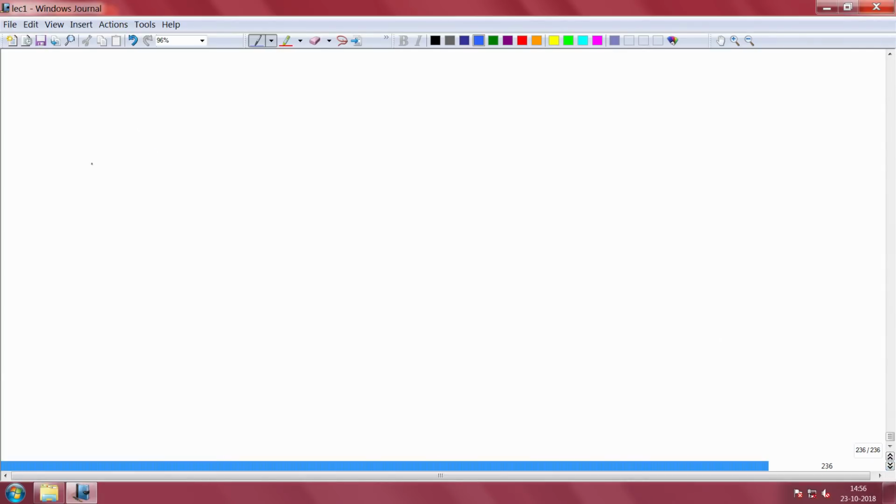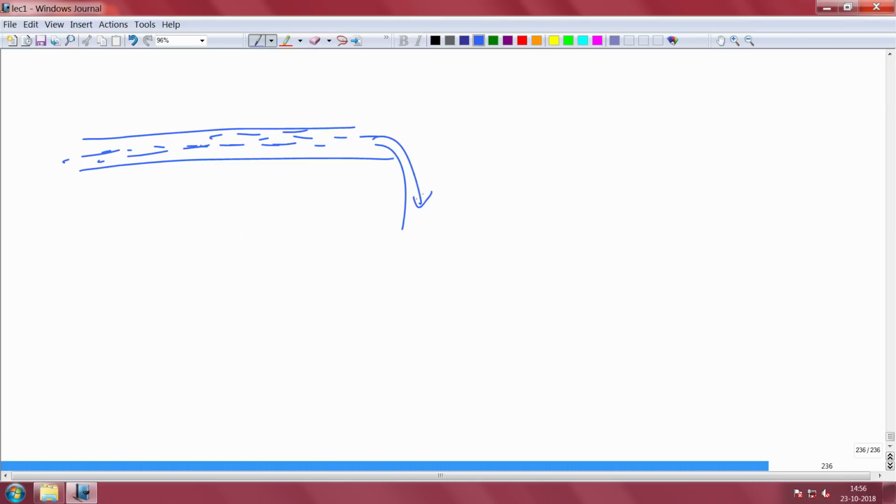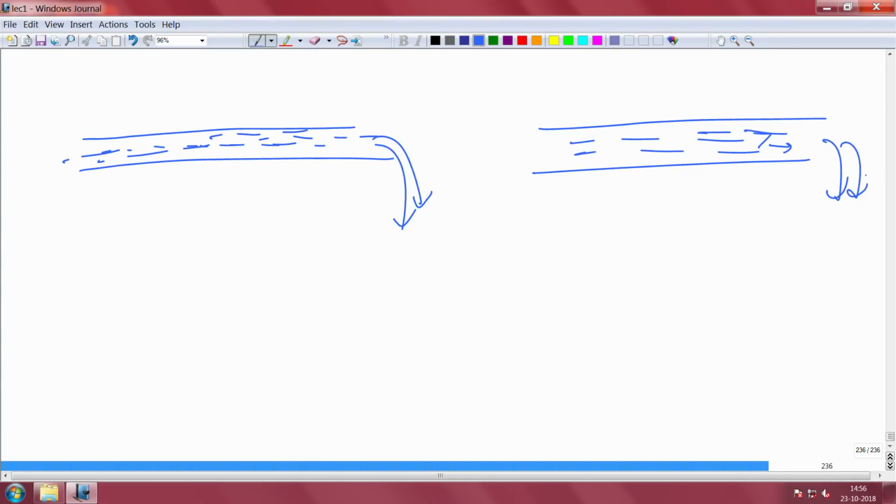Suppose you have a pipe through which water is flowing. Water is coming in here and water is flowing out here. There are two ways to control the water flow. One is that you have a water tap that you put here. By putting the water tap, you can either close the channel or partially open the channel, depending on how much you turn it.